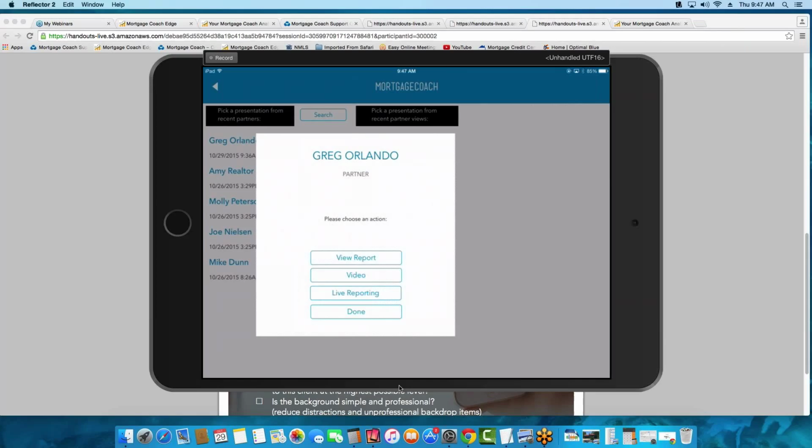flyer. Now again, I could drive the presentation if I'm meeting with the realtor over the phone and I wanted to use Edge Live. I could do the live reporting here and drive the presentation from my mobile device to theirs. But say I get to the open house now and I want to record a video. I want to be able to show how beautiful the home is, or certain aspects of the home, while I'm giving my presentation. All you have to do is click on video,